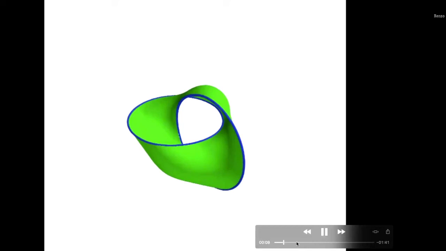Yes, we can see that. Okay, very well. So you see here, we start. Okay, good. We see an initial configuration given by a ring and another ring. The two rings are linked together, and we want to follow this